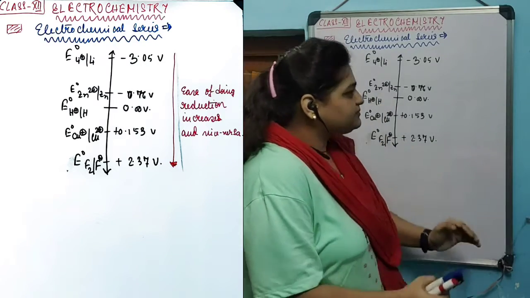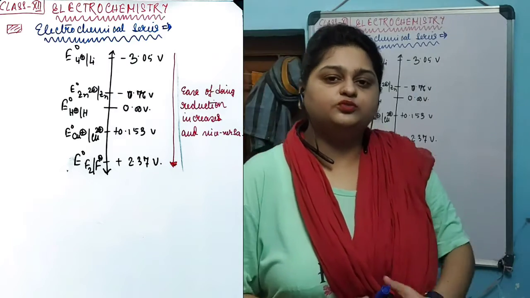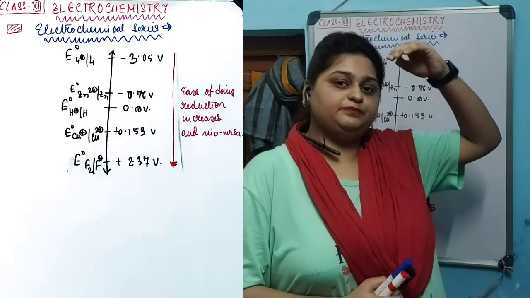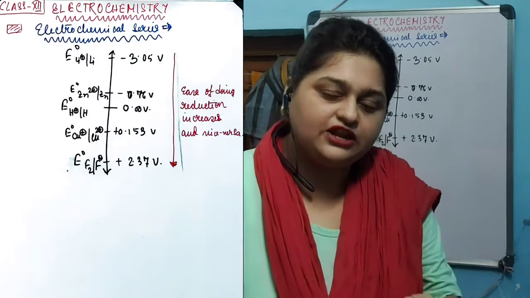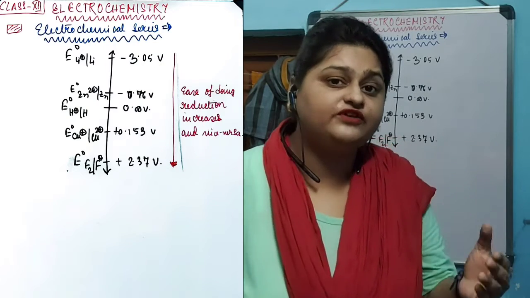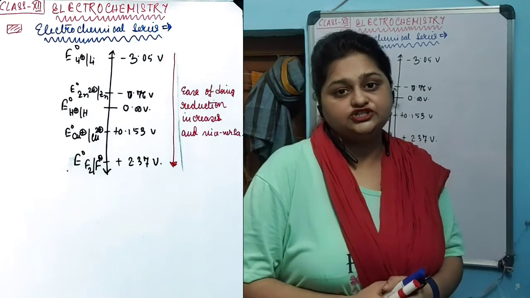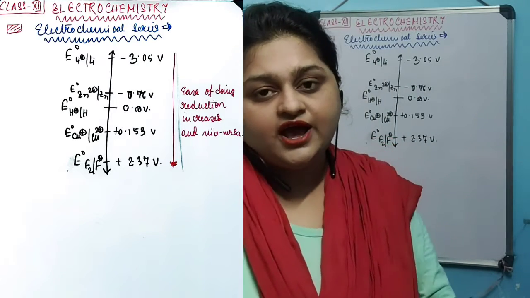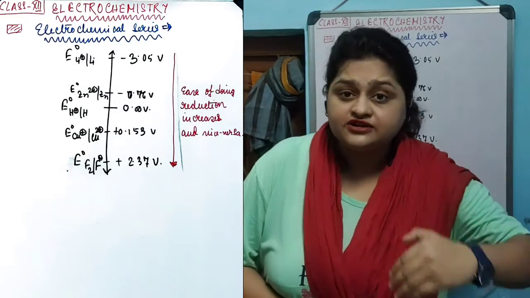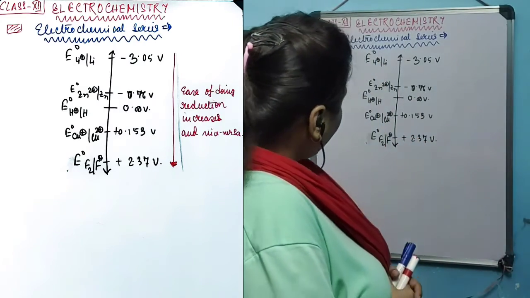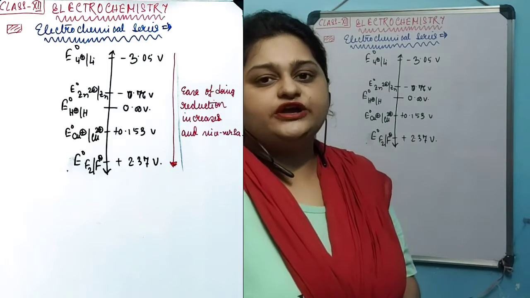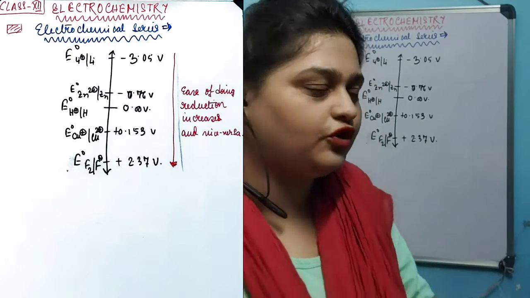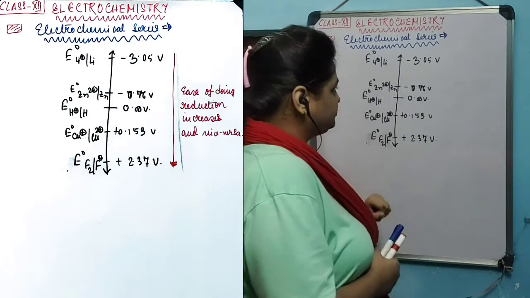So this electrochemical series has been constructed from top to bottom in increasing order. Increasing order means that at the top of the series the values are negative, which is a lower value of electrode potential, and as you go down the series you get the electrode reduction potential values in increasing order. In the middle portion of the series you get the standardized value of 0 volt, which represents the electrode potential of hydrogen.